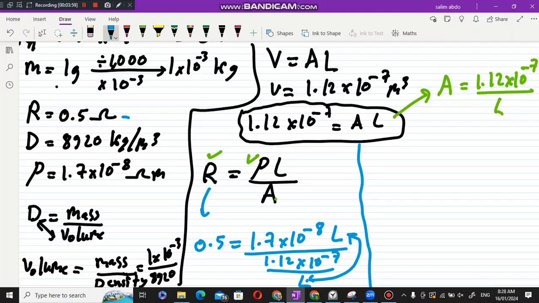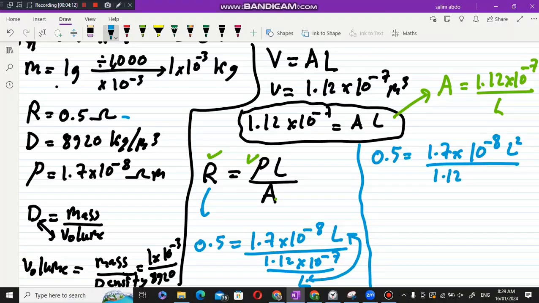So we'll get the following. We will get that 0.5 is equal to 1.7 times 10 power minus 8 times length squared, and it is divided by 1.12 times 10 power minus 7. Then what do we do? We do cross multiplication, which means that we will have 0.5 multiplied by this, and 1.7 times 10 power minus 8 will be multiplied by 1. So 0.5 times 1.12 times 10 power minus 7, which is equal to